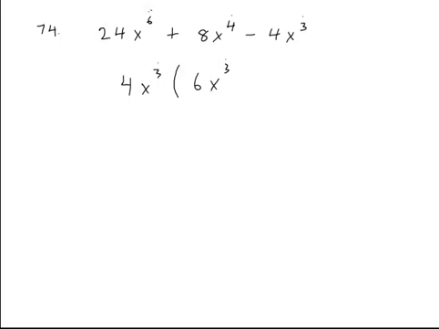4 goes into 8 2 times. X cubed from the x to the 4th is a single. 4 goes into the negative 4 1. And x cubed into the x cubed is a nice even